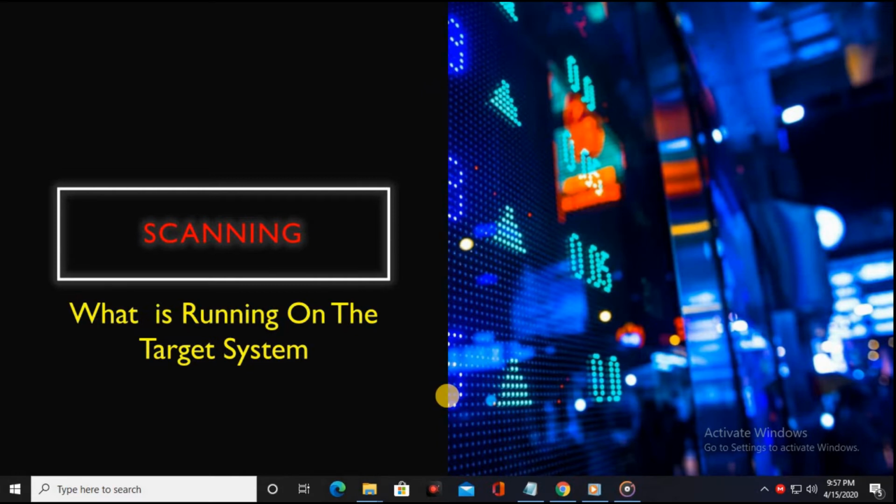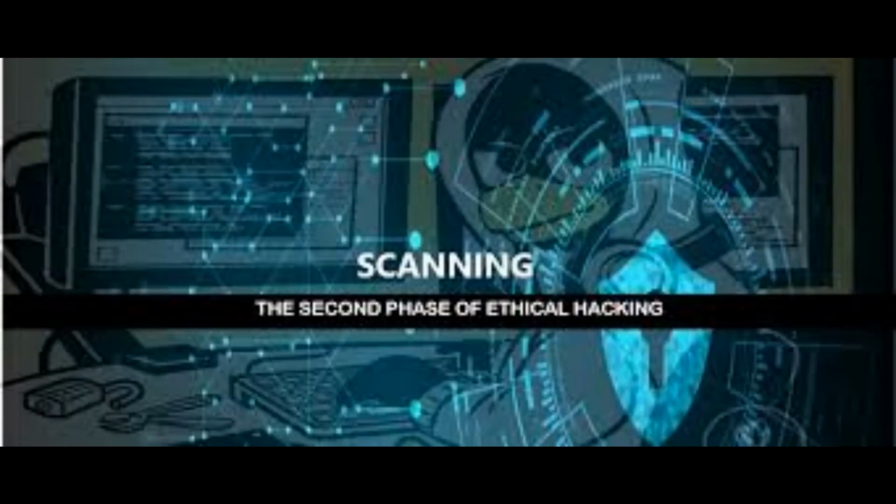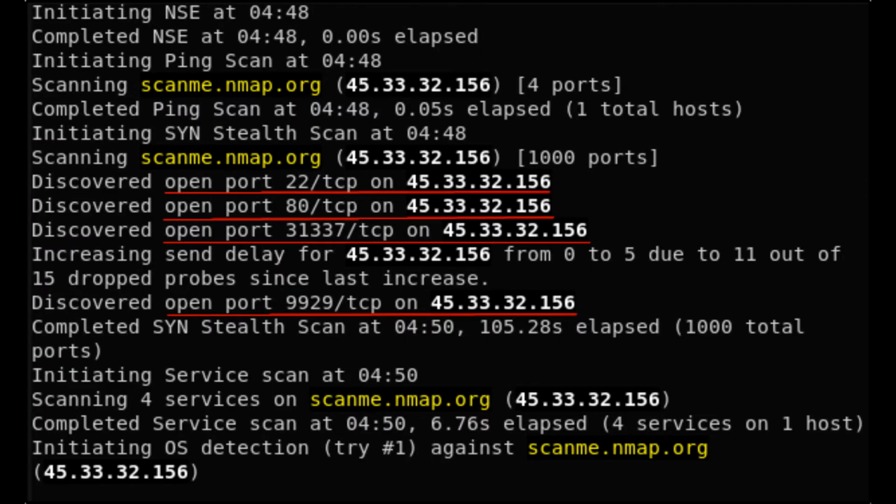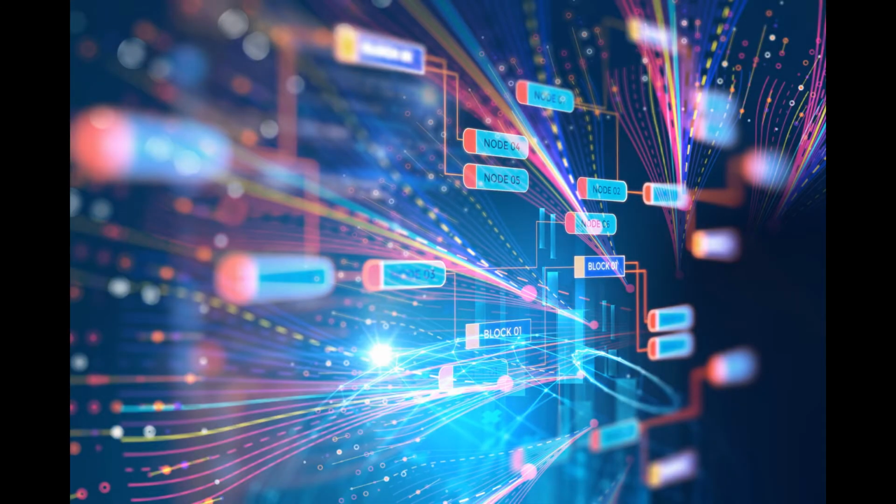Scanning is important to both attackers and those responsible for security. Guys, those responsible for security means white hat hackers, cyber security network experts, pen testers. If a company hires a pen tester for security purposes, then the pen tester first scans all the networks of the company and checks which types of ports are open or running in the company network and what type of built-in services are running in the company network. And then the pen tester or cyber security cell fixes it for the security of the company.